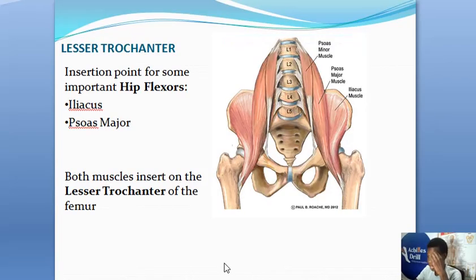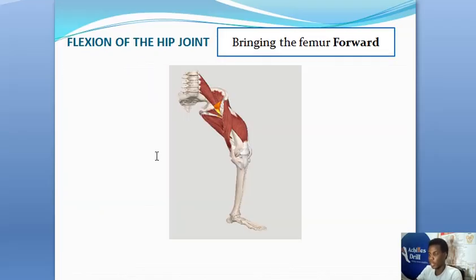So we'll talk about the lesser trochanter now. The lesser trochanter, of course, is the smaller one right here. Here is the greater trochanter, we've explained it already. The lesser trochanter is right here, and it's a very important insertion point for the hip flexors. Talk about the iliacus muscle, psoas major. They insert to the lesser trochanter right there. Okay, so the two muscles, iliacus and psoas major, carry out flexion of the hip